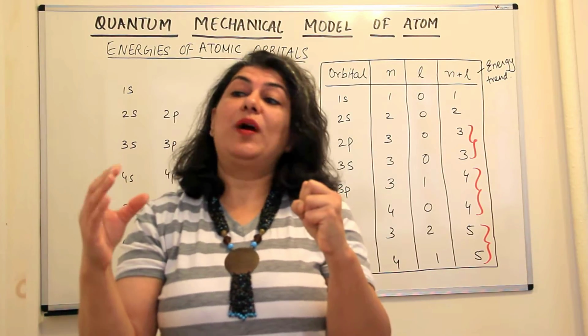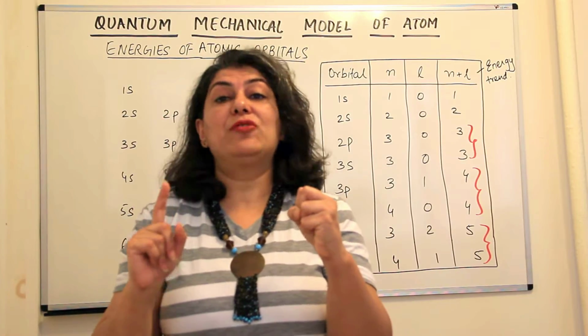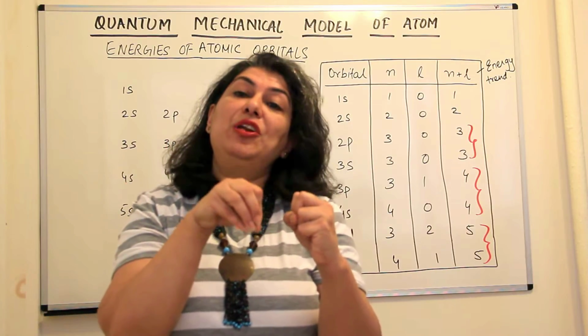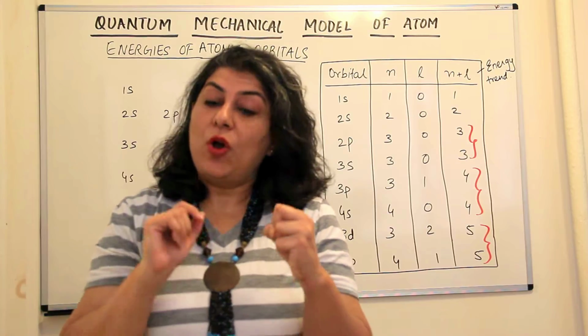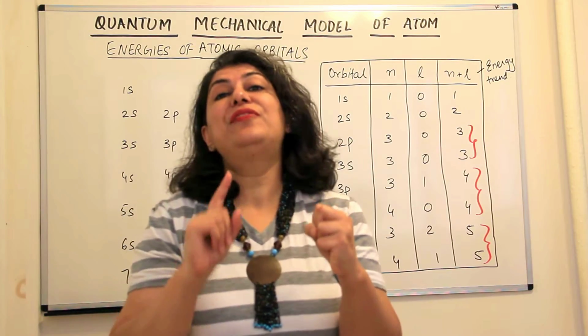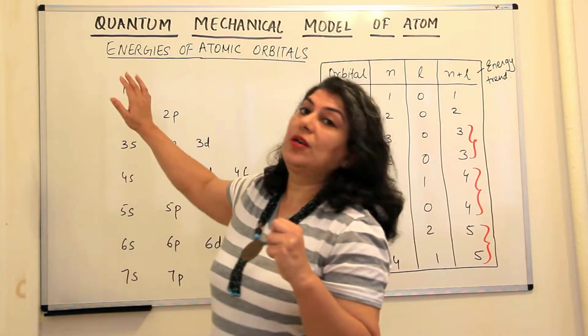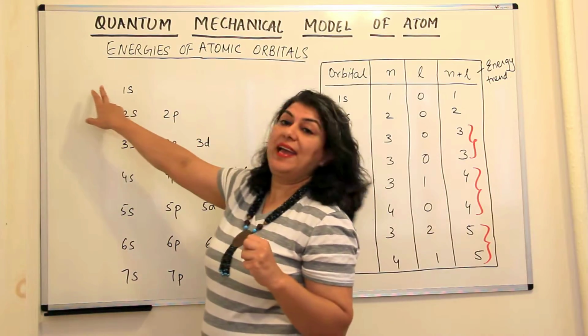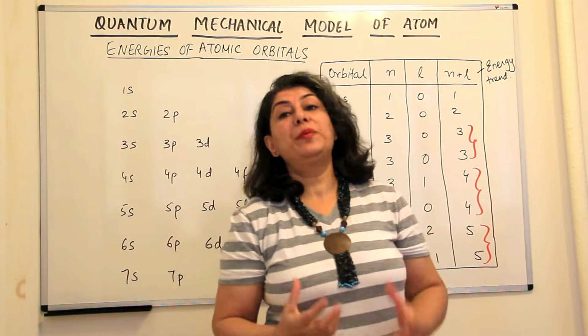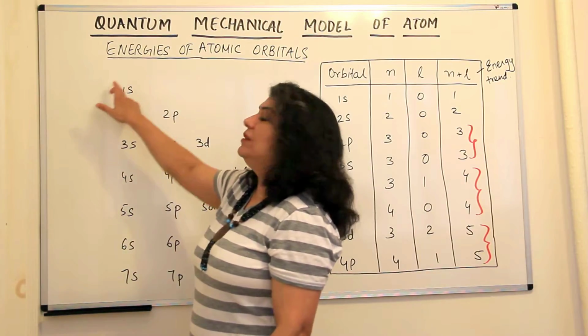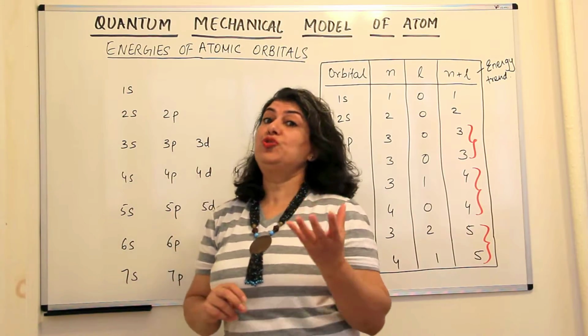And that is the reason why the one electron in hydrogen prefers to stay in the lowest energy level, which is closest to the nucleus, or it stays in the first shell. And the quantum number for the first shell, n, has a value of 1. And since the first shell has only one orbital, that is the s orbital, the electron in hydrogen usually occupies